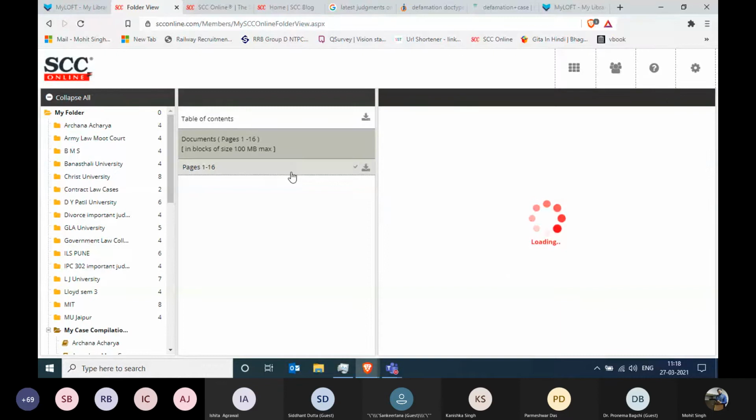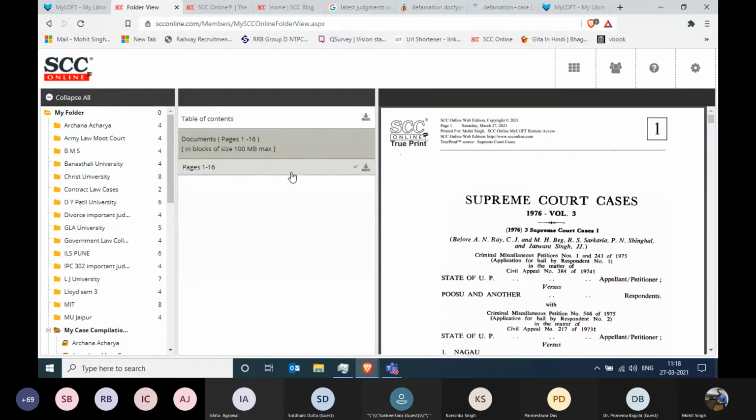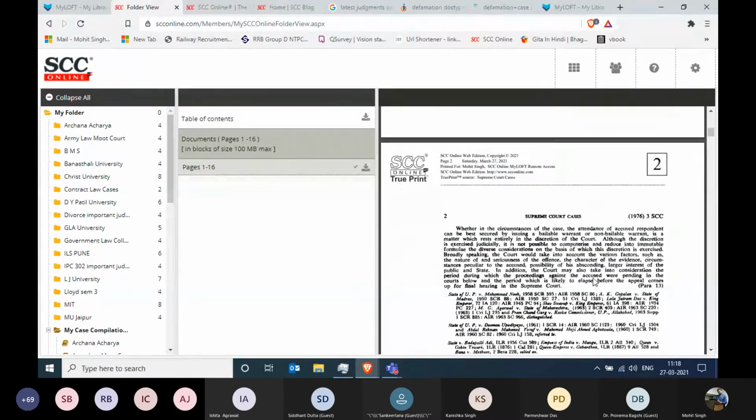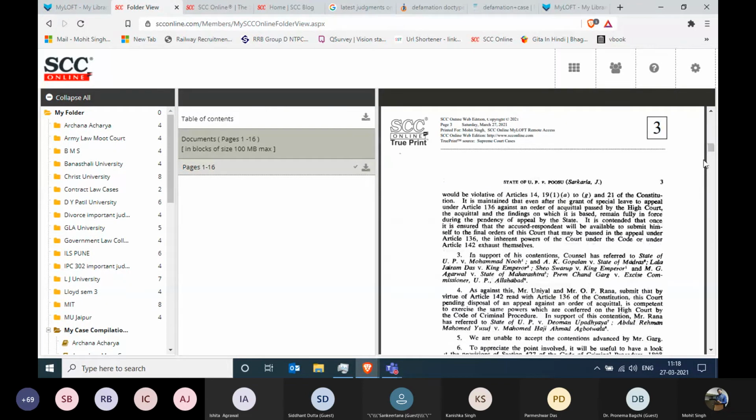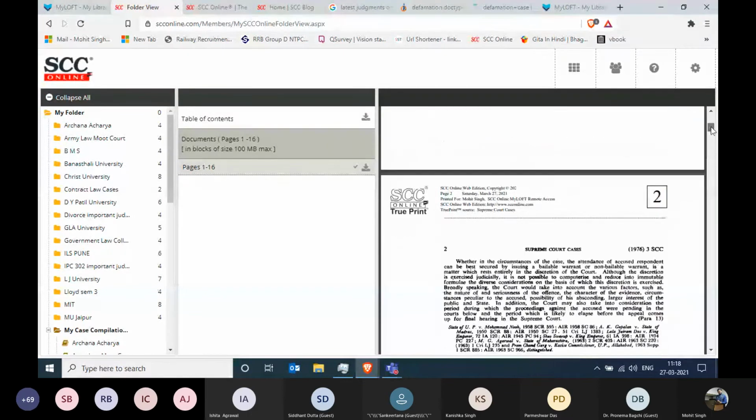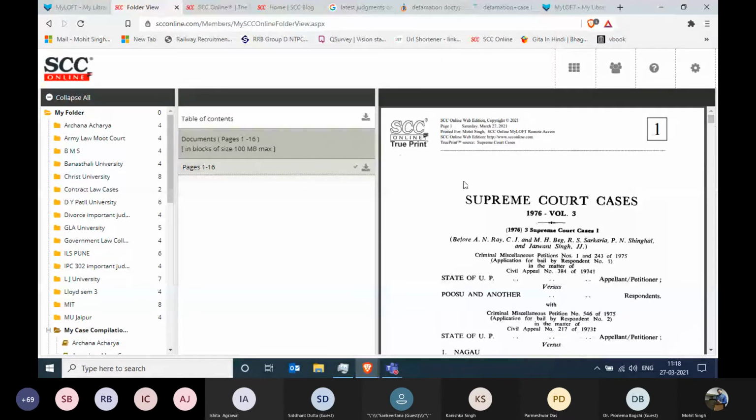The second one is all the documents which have been placed by the software according to the pagination. So number 1, number 2, number 3, and it continues. If any judgment has a true printout available, by default it will give you the true printout. Otherwise, it will give you the non-true printout. This is how you can create a compendium. Click on the download icon on both of them, and both compendiums can be saved on your machine. This is how it works.